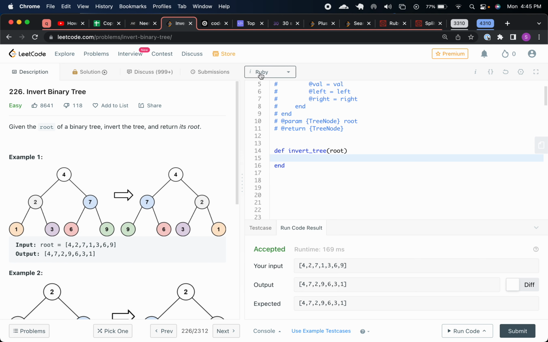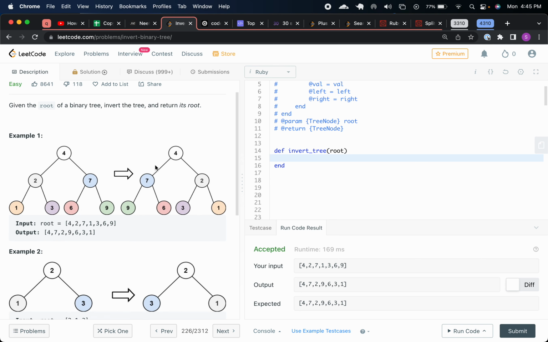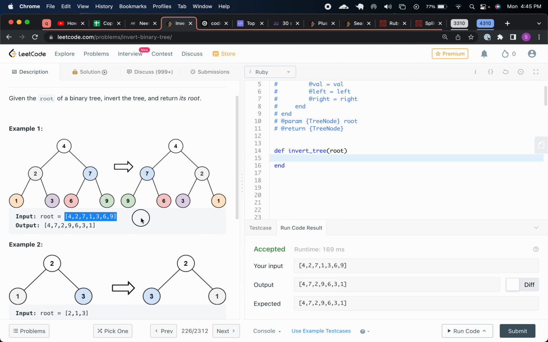Invert binary tree, and I'm going to do it in Ruby. Basically, you start with the root. You're given the root of a binary tree. Invert the tree and return its root. So we start off with this tree, and the root looks like this, and we want to invert it so